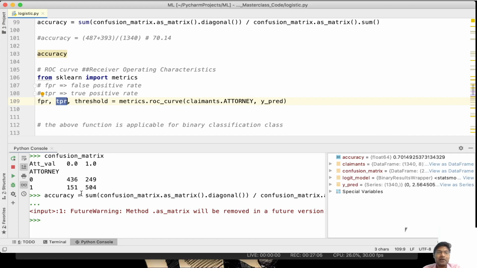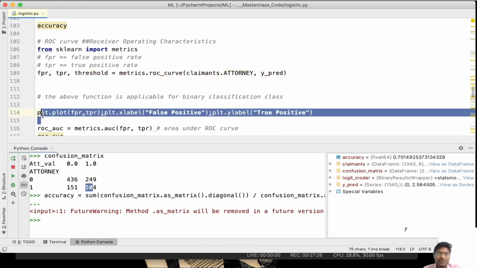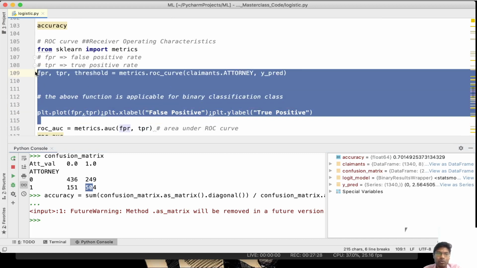If my true positives keep increasing, then my false positives may also keep increasing or decreasing. Our goal will be to increase only the true positive values and keep the false positives to the minimum.